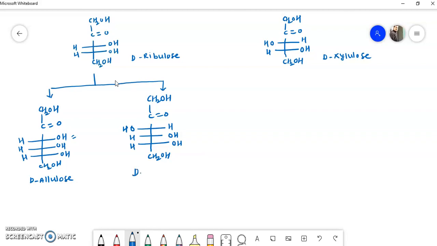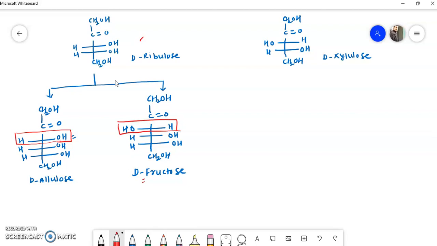Remember, this is D-fructose. Okay, so from D-ribulose, just add one carbon more, you get 2 forms. Here the change is only here. Remember, we have added one carbon more. Here you can see the change. So in these two structures, the difference is of only this carbon. In one occasion it is written on the right hand side, then it is called as D-allulose. In another occasion it is written on the left hand side, then it is called as D-fructose.